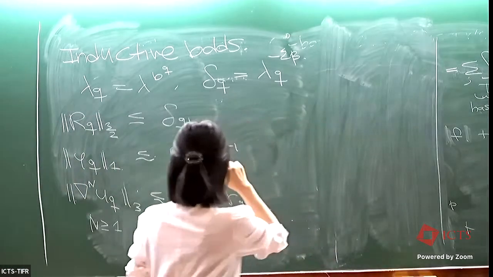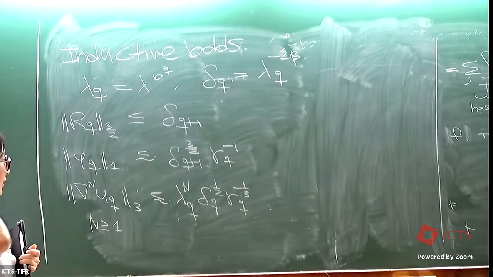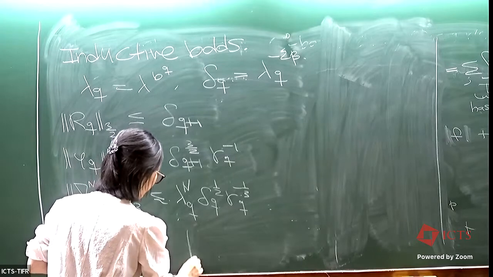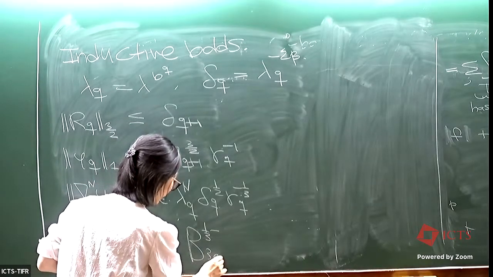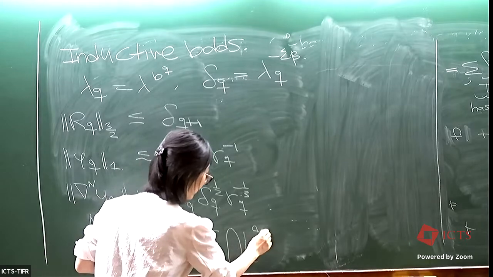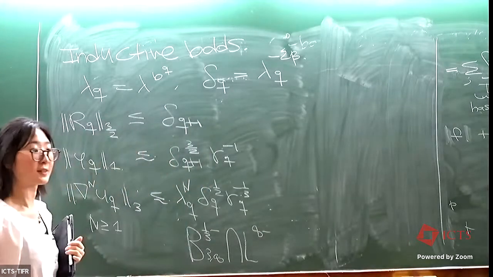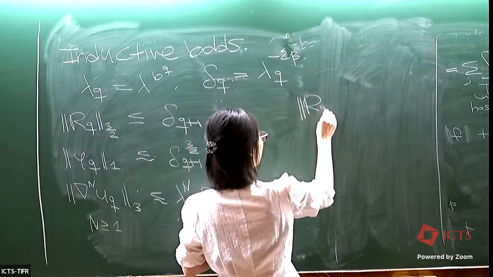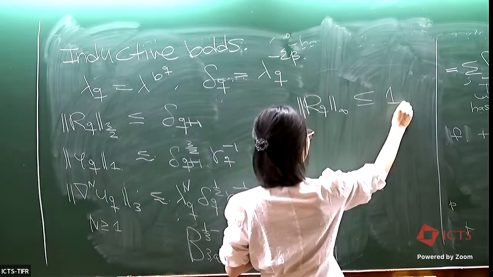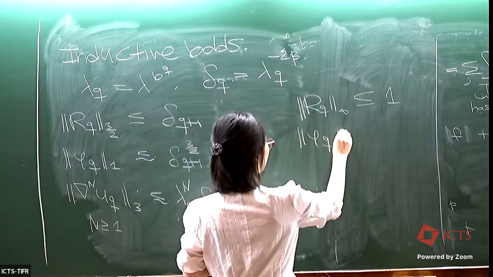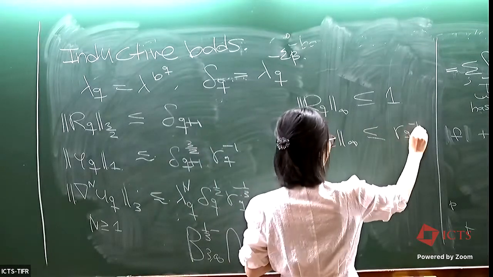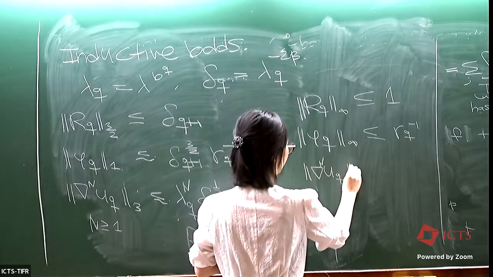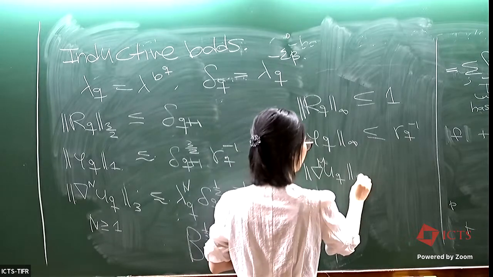This is the one. And then, I'm not sure you remember our statement of the theorem, we eventually want to construct our solution in the following space, B E 1/3 minus, 3 infinity, and also with the intersection with L infinity minus. So we're also going to propagate the size of L infinity. And since we want almost boundedness, when you measure in L infinity norm, let's say this is bounded by 1, and then phi q, L infinity norm will be RQ inverse, and then the size of UQ, and let's use M infinity